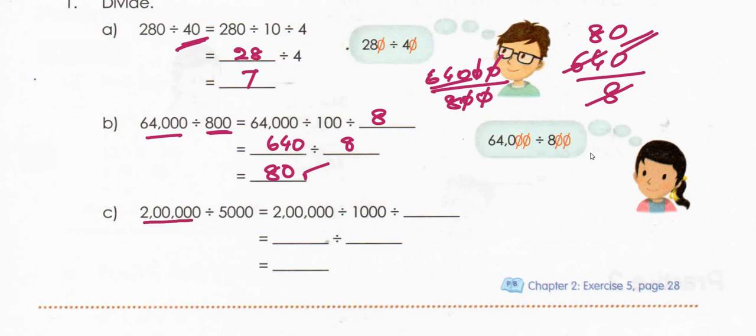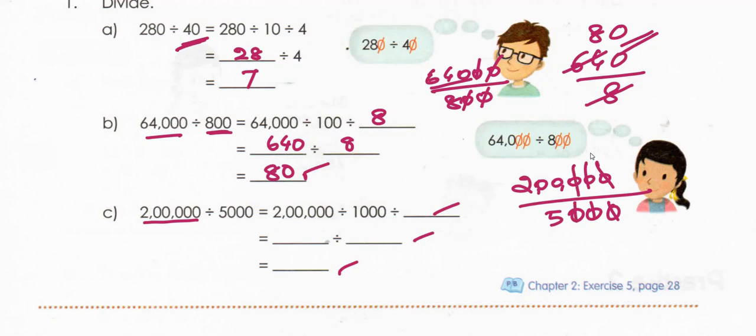See here, 2 lakhs. I'll do it directly. Forget about these blanks. You can write down only the answer here. 2 lakhs divided by 5,000. Cut off 3 zeros. Then it becomes how much? 200 by 5. Now see, 5 4s are 20, and 1 zero remains. Keep it here. It becomes 40. In this way, you please do it.